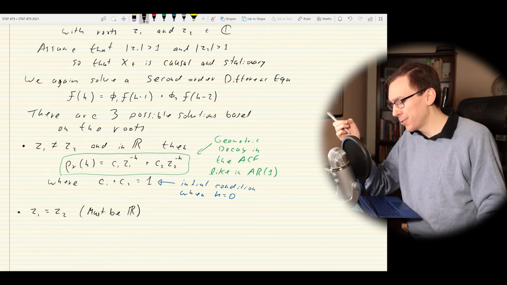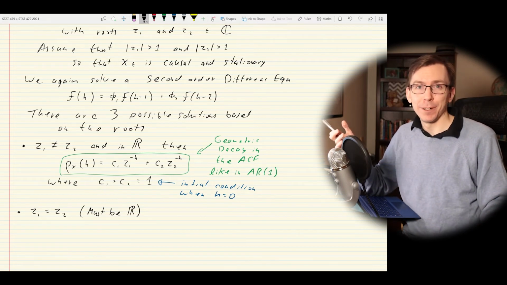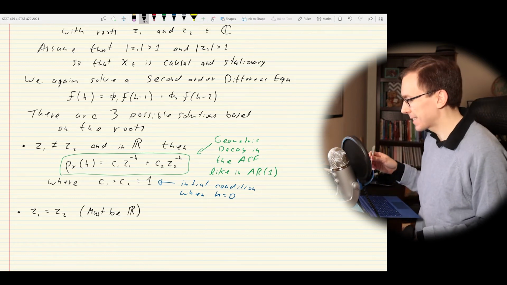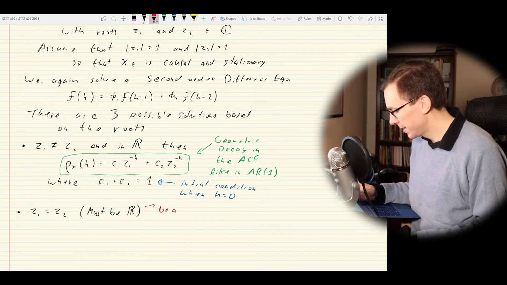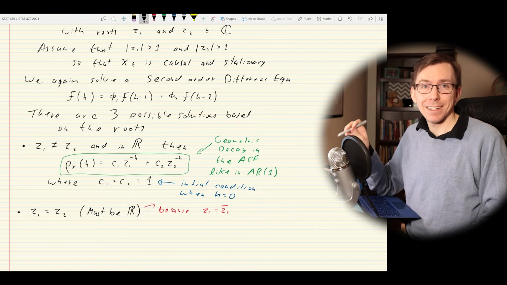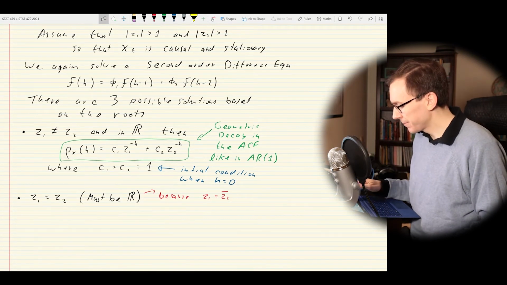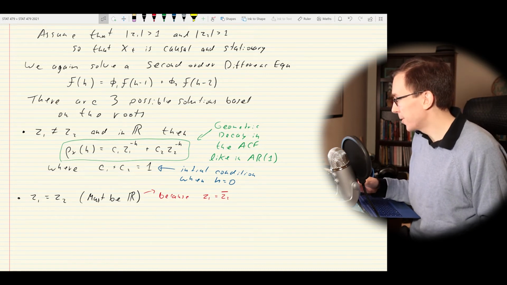So if the two roots are equal, if Z1 is equal to Z2, they have to be real numbers because the complex part must be 0, because you have to be able to apply the complex conjugate to them. Right, because we would need Z1 equal to Z2 complex conjugate, and the only way that a number is equal to its complex conjugate is if it's a real number. Anyway, if we do that, what we end up with is something that's going to look like